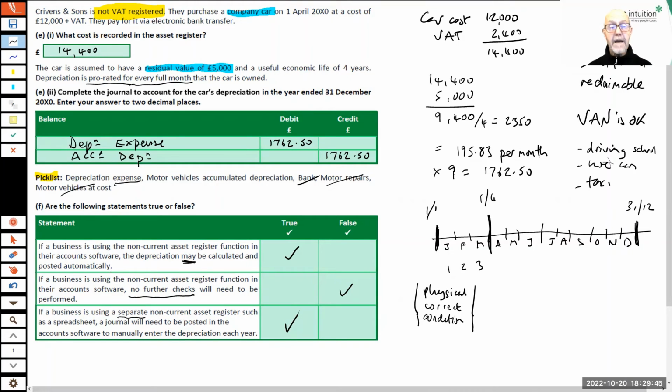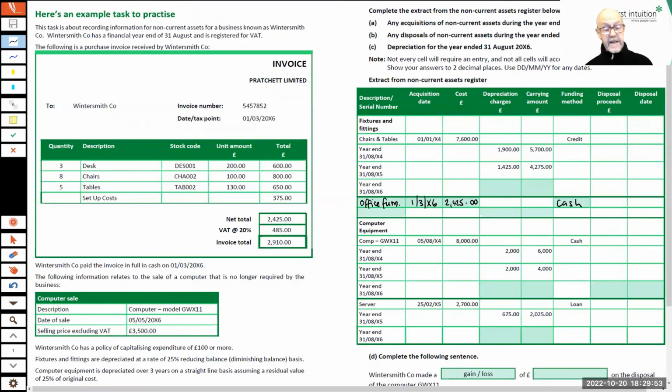Let's have a look. What's the next bit of our exercise? Now here's the non-current asset register. Anybody who wasn't here last week, we did make a start on this last week in that we did the acquisition of item A, which is the office furniture that was bought on the 1st of March, and because this is registered VAT, why did we check VAT for